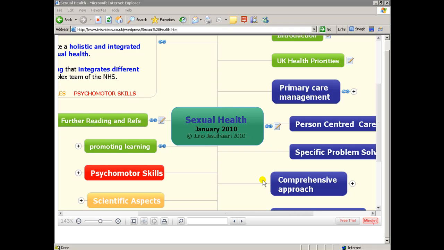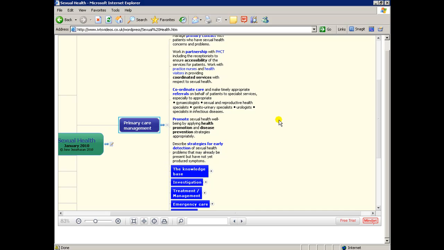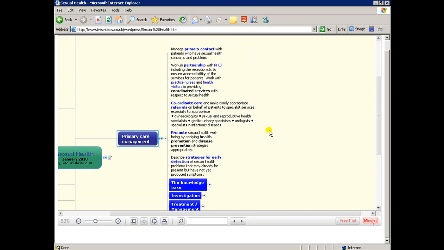Okay, 5 minutes on this statement, which is really well written, and you'd be surprised what's actually in this one. The links, I think, make it a really useful mind map. Instead of going to the websites, let's look at the primary care management first and our role in managing primary